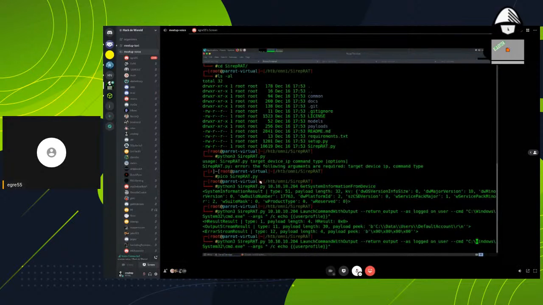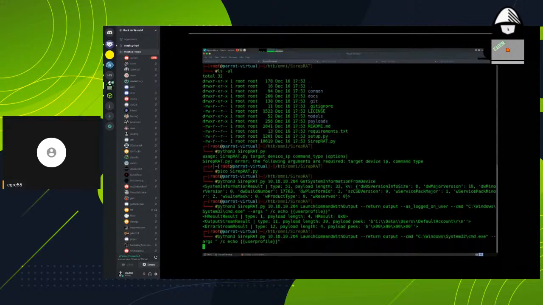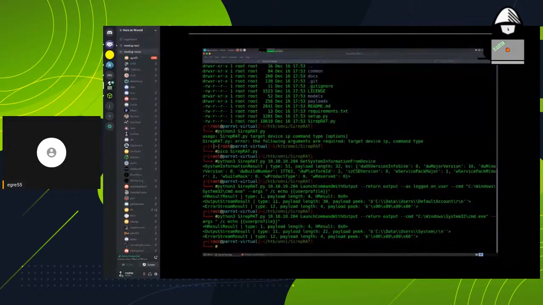Hopefully we'll see the system profile this time. Yeah, which we do. So, right, we basically validated the remote command execution as system. And yeah, this is affecting all Windows IoT images currently